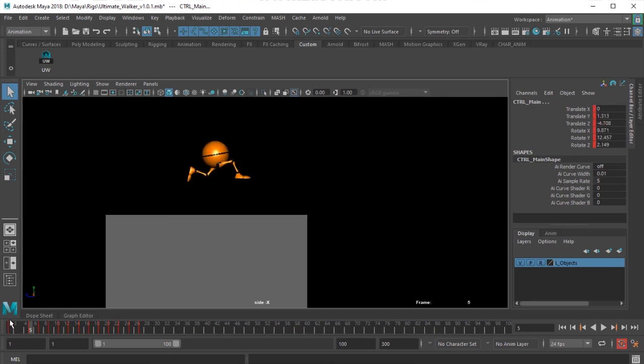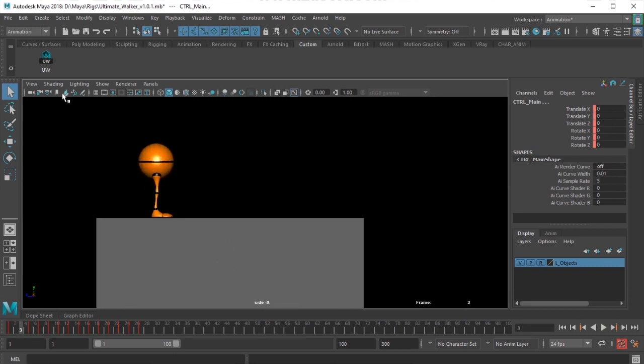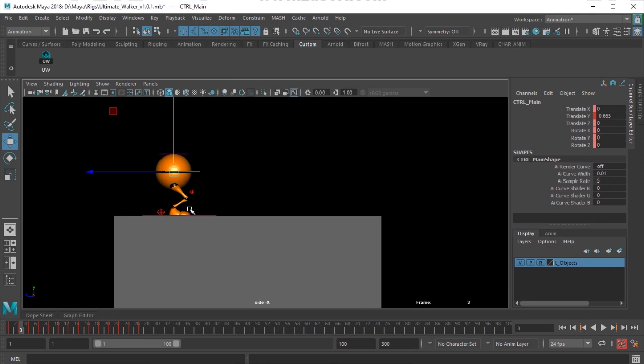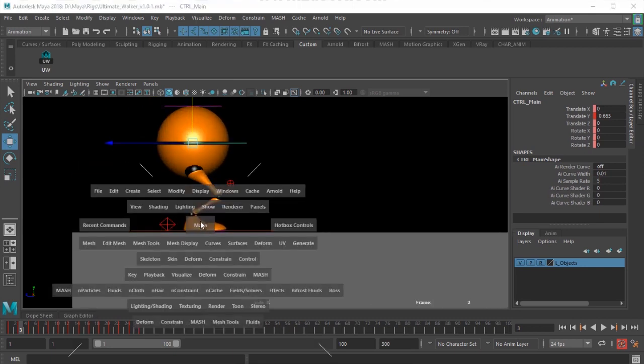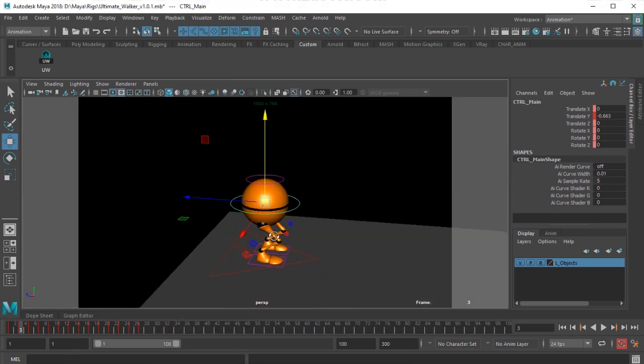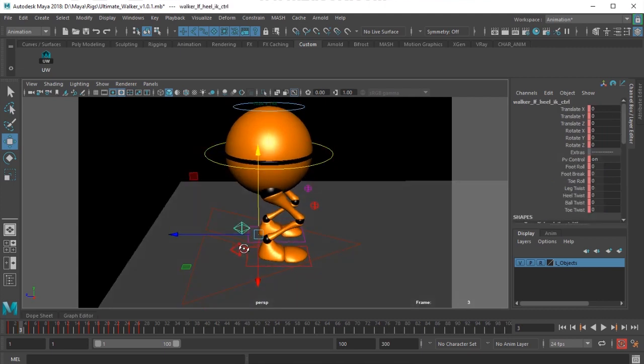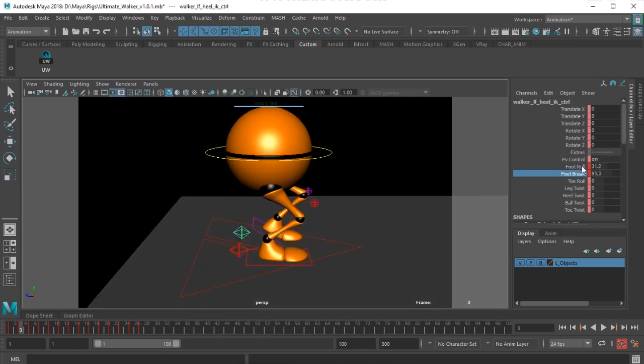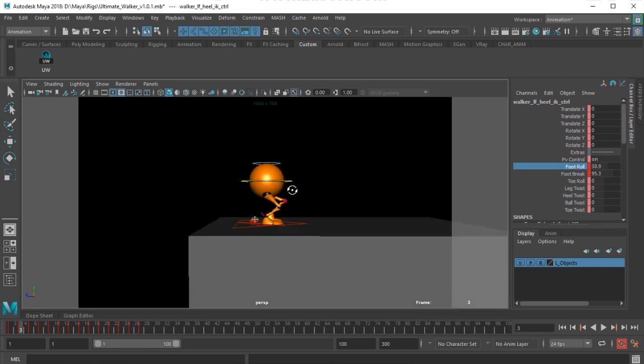Okay, now here this is the action. So I'll just go to frame number 3 as I've created an empty frame there. Okay, and I select this control, increase the foot break.